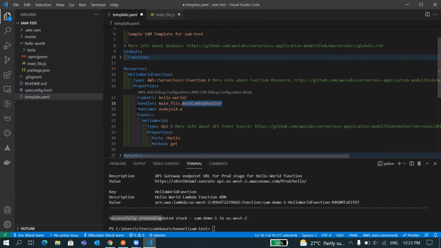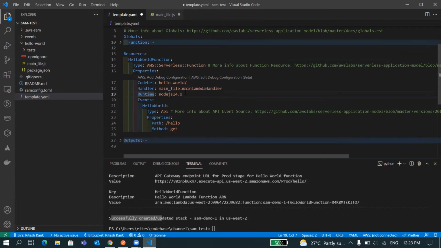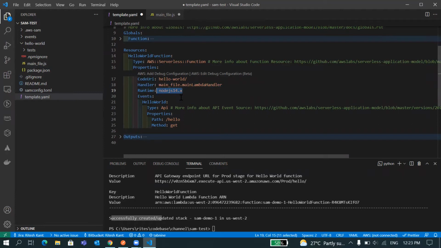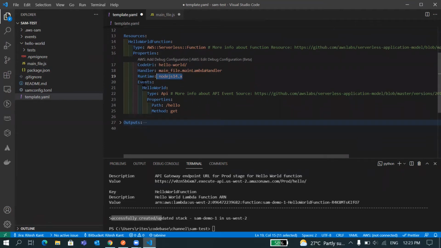And the runtime signifies which environment you are using. I'm using Node.js 14 version. And this is the event part. So this event part signifies for what all events this Lambda is going to trigger. So in the event part, one API is listed here.